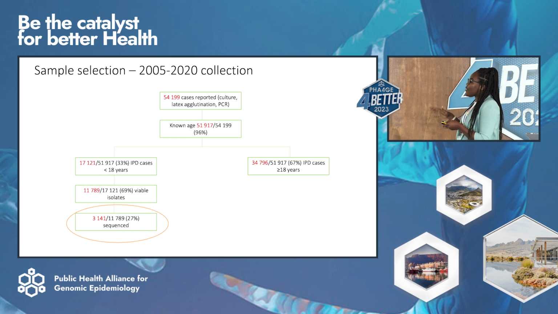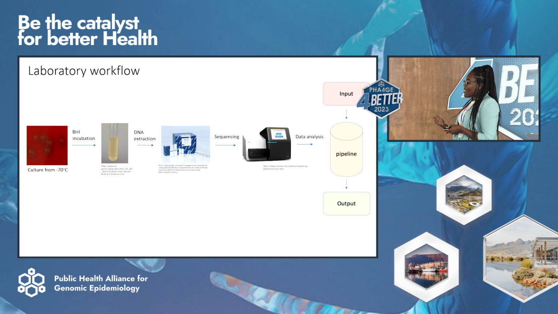Just to give a brief overview of our sample selection, there were over 54,000 reported cases of invasive pneumococcal disease for the period 2005 to 2020. Of those, we ended up sequencing roughly 3,100 isolates, and they were representative of the entire collection. These isolates went through our normal processes of whole genome sequencing. So we cultured from their cryopreserved state all the way through DNA extraction, followed by sequencing and analysis using bioinformatic